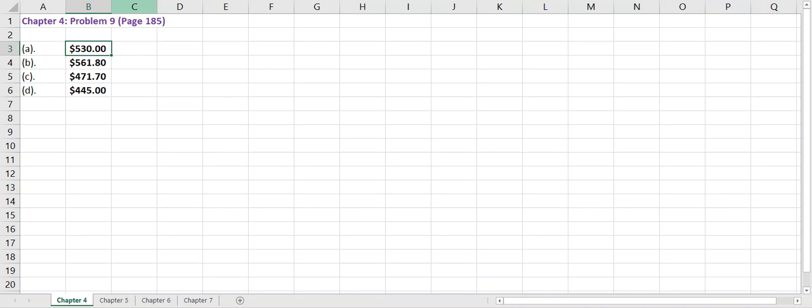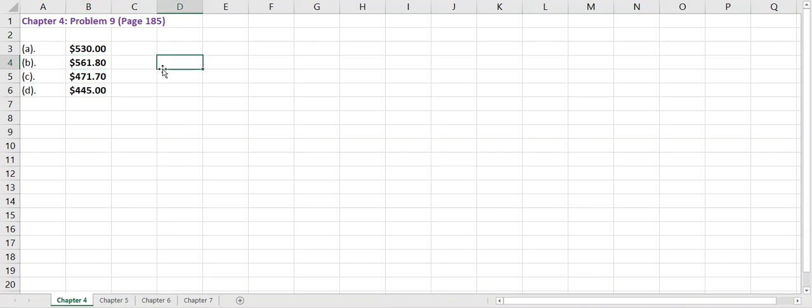Notice the formula: future value, 0.06, 1 period, $500. You can calculate that in a calculator. You can also do it by hand. But that tells us that if I have $500 today and I invest it at 6%, I'll have $530 next year. Again, $500 for 2 periods at 6%,